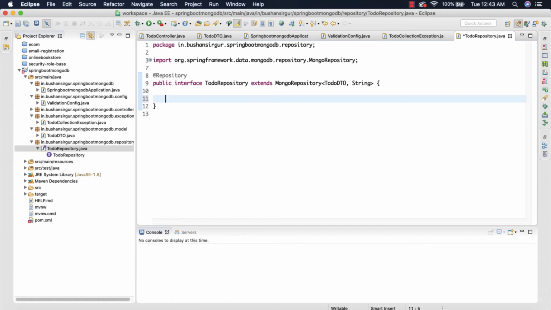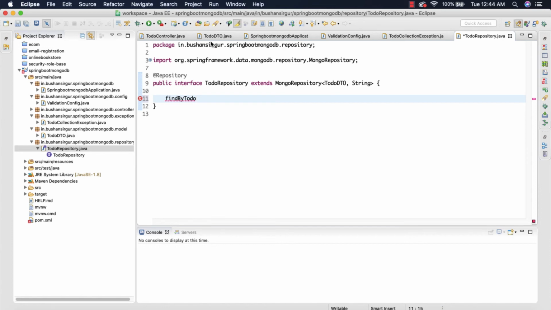So for that we are going to write a query for finding a ToDo. If the ToDo already exists in the database, then we are going to throw that error. So let's go ahead and create that query method, which is findByToDo.